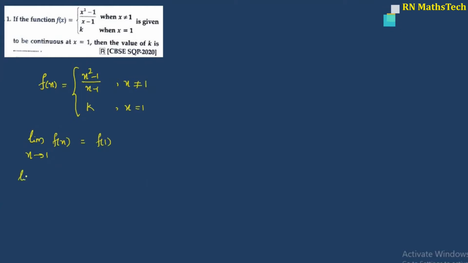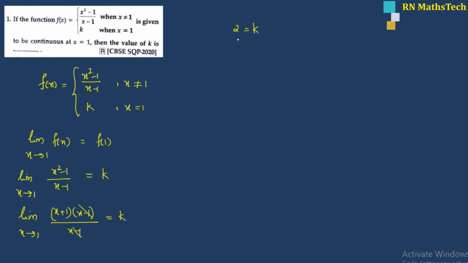Okay, that is limit x tends to 1, x square minus 1 by x minus 1 is equal to f of 1 which is k. That is limit x tends to 1, x plus 1 into x minus 1 divided by x minus 1 equal to k. X minus 1 cancel, so when x is equal to 1, 2 is equal to k. Okay,